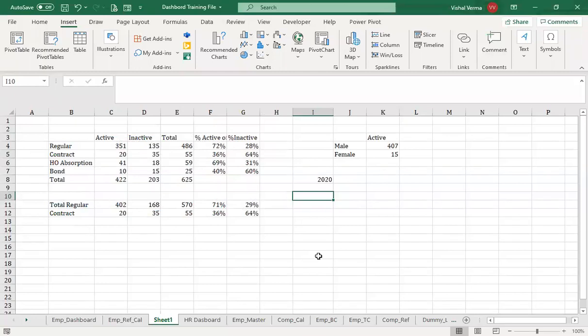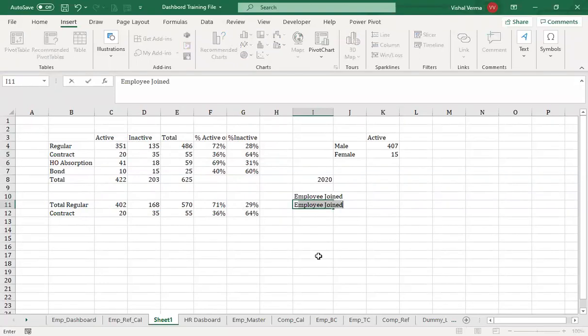So it's real time data, and it will become dynamic data. With the changing years, the data will keep on changing itself. So employee joined, and then we have employees left.